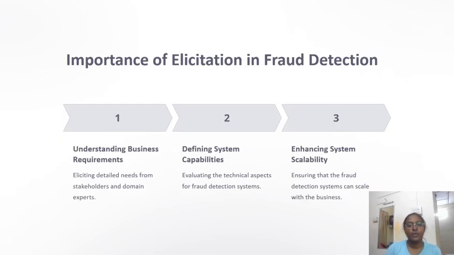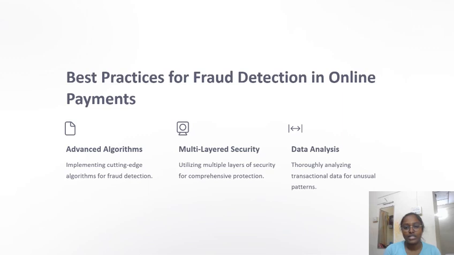And the main importance of eliciting the requirements in fraud detection: business requirements are one of the major elicitation requirements for fraud detection. Then defining the system capabilities and enhancing system scalability, so that we can ensure fraud detection can scale with the business. Technical aspects, stakeholder needs, and domain experts are also major for the elicitation. And the best practices for fraud detection are advanced algorithms using machine learning or AI,